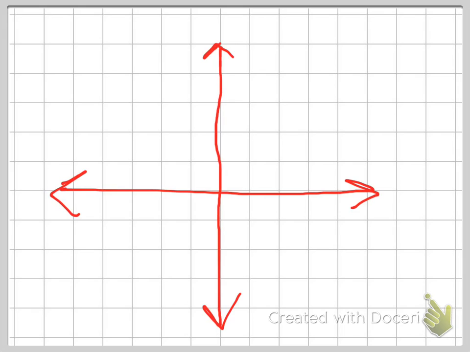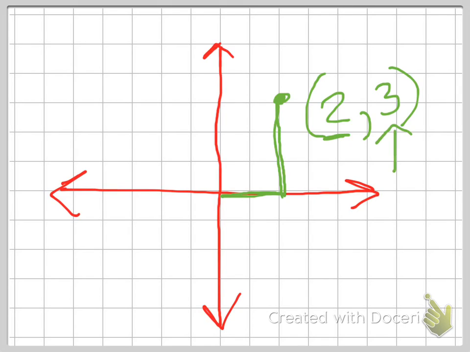So if I move from the origin 2 units to the right, 3 units up, I plot my point there and I label it (2, 3) because I went to the right 2 places and then I went up 3. Remember, don't reverse these. If I were to reverse these, (3, 2), then really that means that I am going